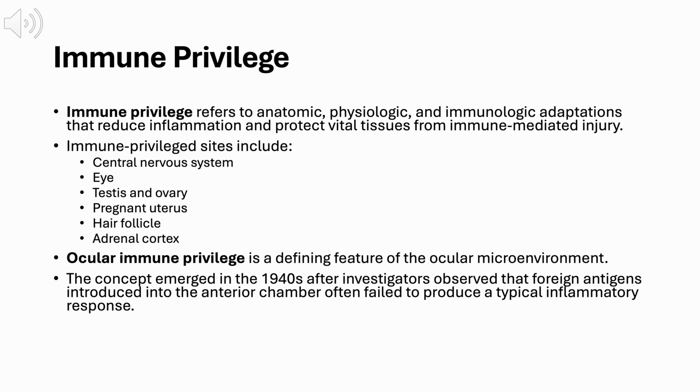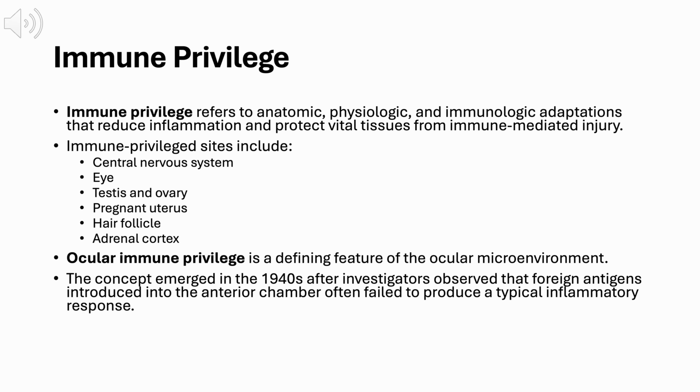Now, the central concept, immune privilege. This term refers to the anatomic, physiological, and immunological adaptations that reduce inflammation and shield vital tissues from immune-mediated injury. The eye isn't alone here. The classically immune-privileged sites include the central nervous system, the eye, the testis and ovary, the pregnant uterus, the hair follicle, and the adrenal cortex. What these share is that inflammation in them carries an unacceptably high cost, so evolution favored restraint. Ocular immune privilege is a defining feature of the eye's internal environment and will come up on nearly every slide